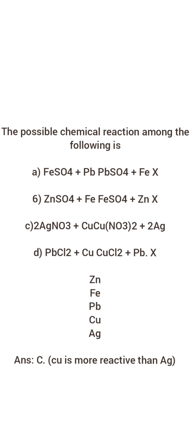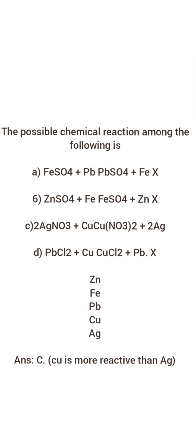When we see option C, silver nitrate with copper can displace silver from its position because copper is more reactive than silver. When we see option D, lead chloride with copper, lead is more reactive than copper, hence copper cannot displace lead from lead chloride. Therefore, the correct answer is